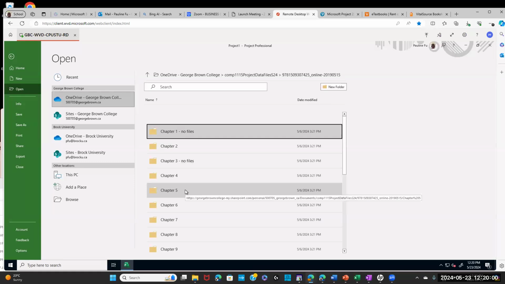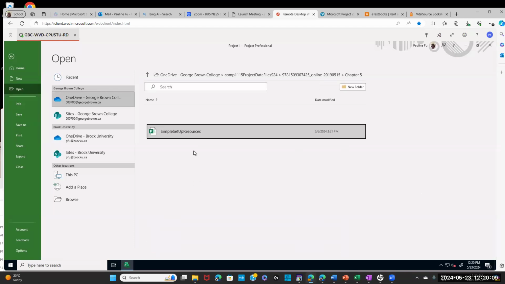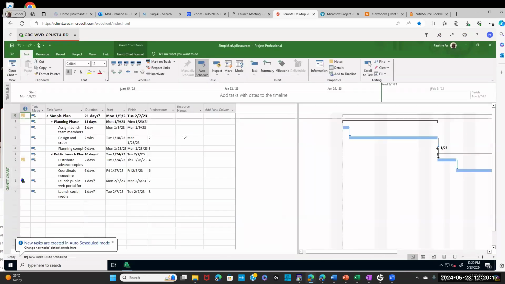We are doing chapter 5 now. Chapter 5, simple setup resource. So open it.